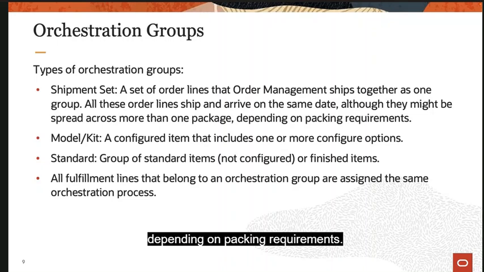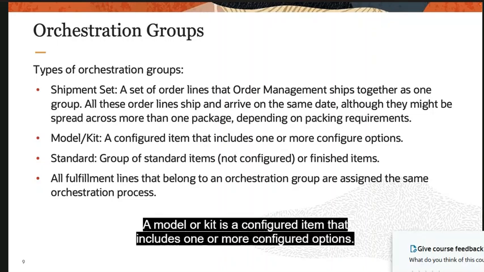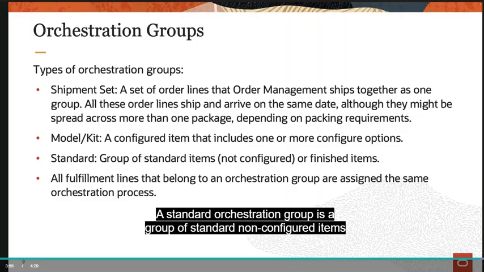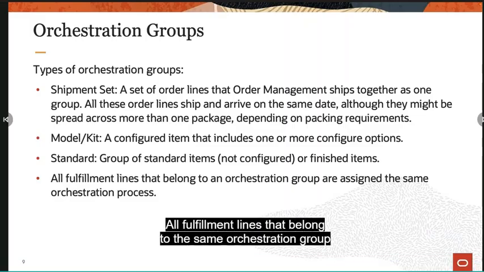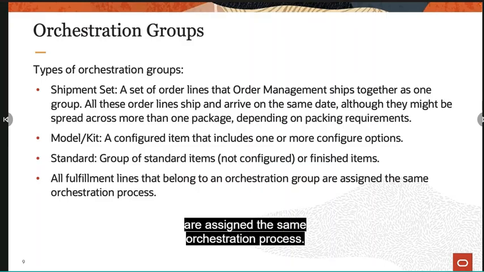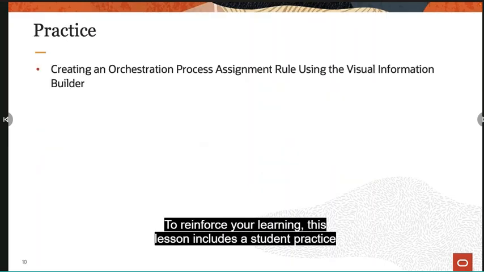A model or kit is a configured item that includes one or more configured options. A standard orchestration group is a group of standard, non-configured items or finished goods. All fulfillment lines that belong to the same orchestration group are assigned the same orchestration process. To reinforce your learning, this lesson includes a student practice